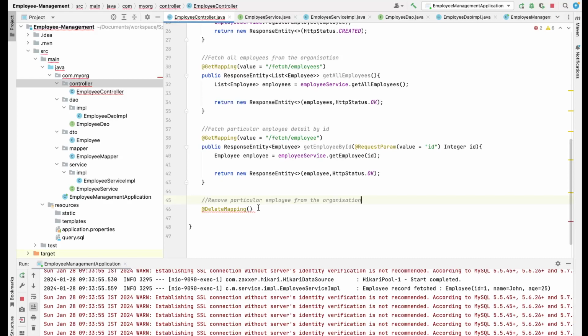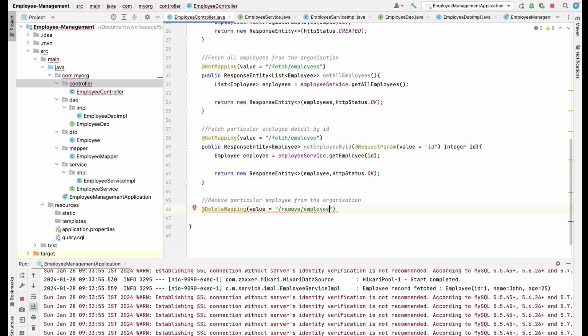So this would be a delete mapping, and we would use some path like this. Let's name this path as slash remove slash employee,